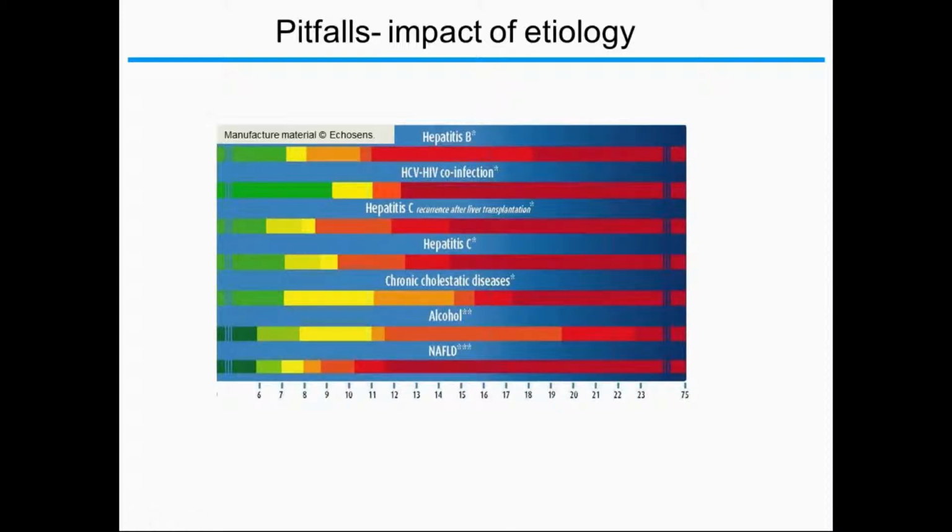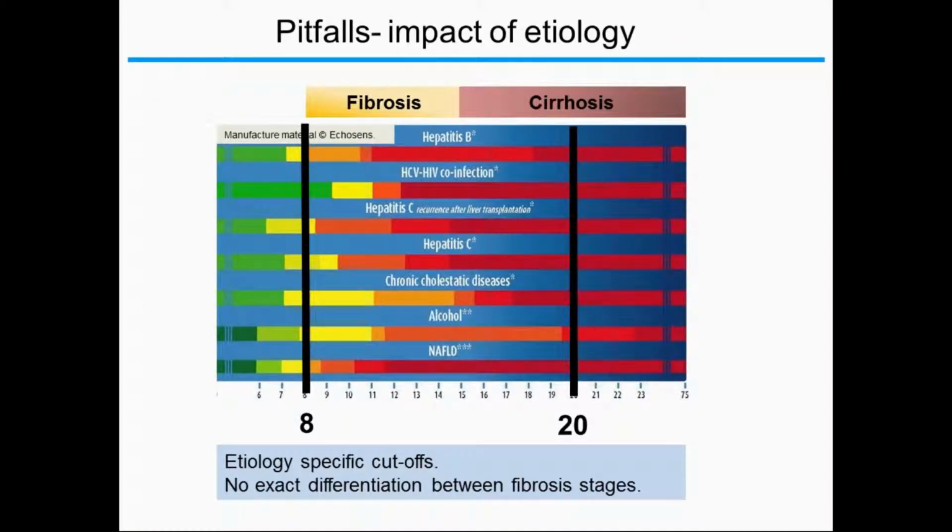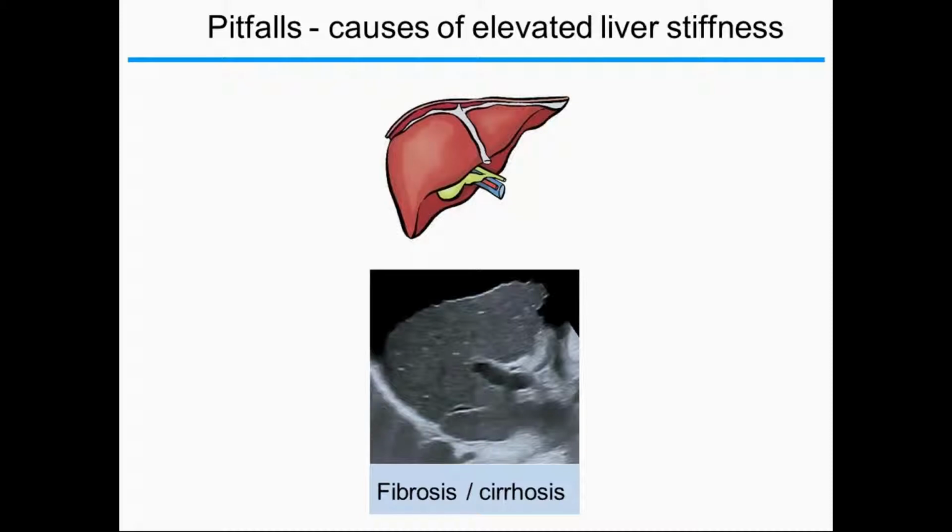As I told you before, liver elastography aims to stage fibrosis non-invasively, and you will find material like presented here, which suggests that fibrosis can be staged very accurately as long as you take etiology into account. But I want to remind you that elastography methods are not precise enough to distinguish single stages of fibrosis, but they give you an impression of the risk of advanced fibrosis and presence of cirrhosis.